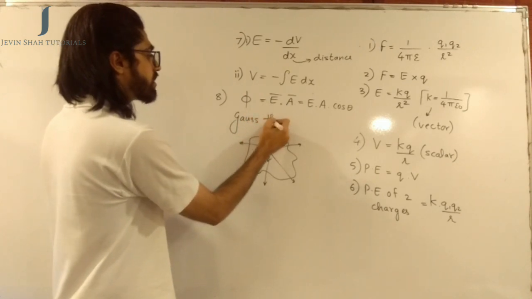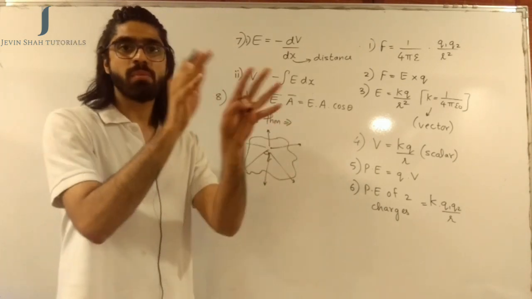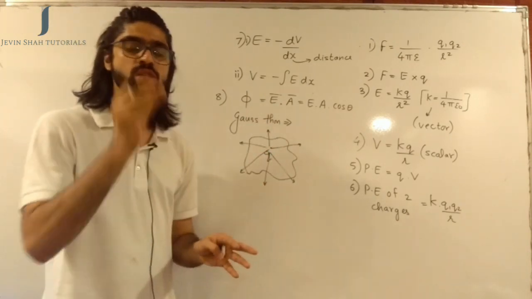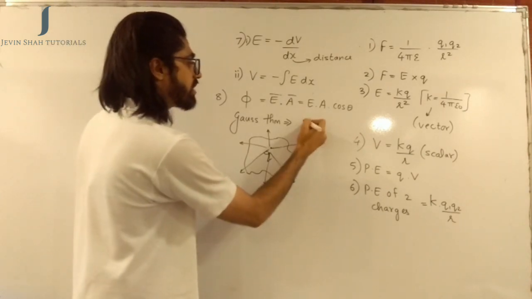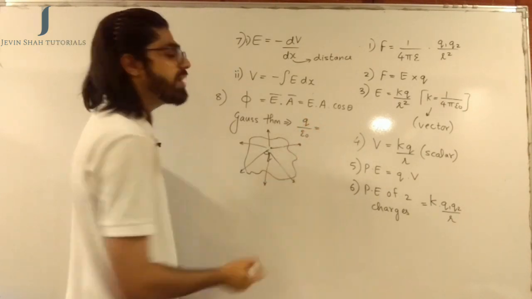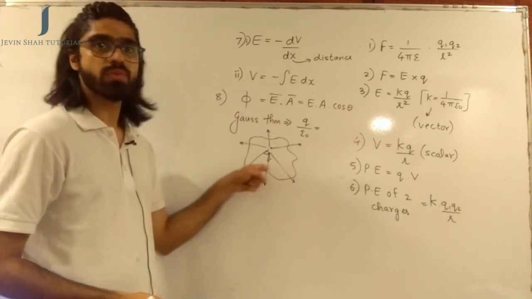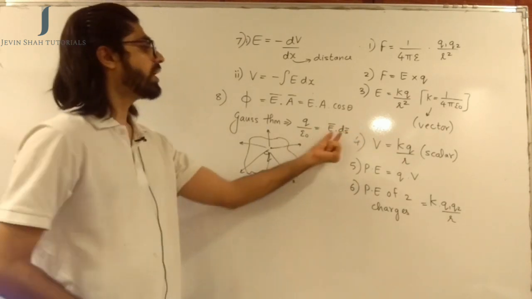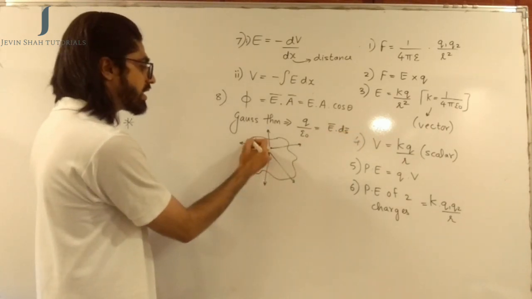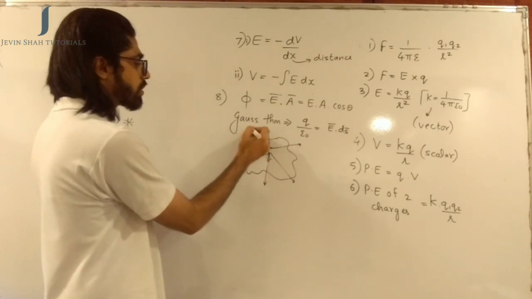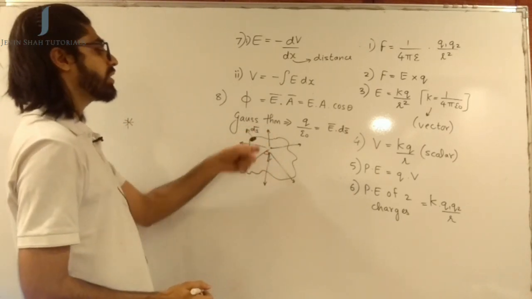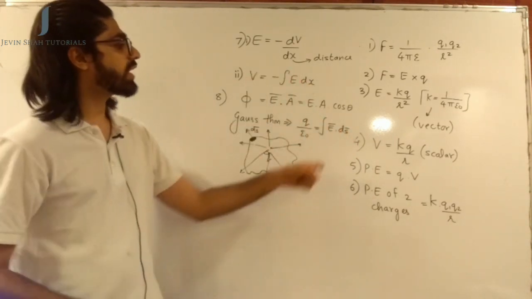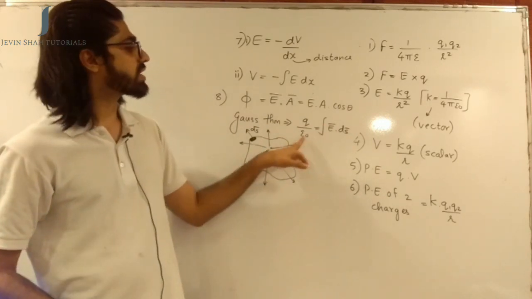So I said the Gauss theorem tells you that if you draw an imaginary closed surface, then whatever charge that imaginary closed surface is going to enclose, that charge enclosed divided by epsilon naught will be equal to the total flux coming out of the surface. The total flux coming out of the surface can be written as E bar dot ds bar, where ds bar is a small area. Let's say this area is ds bar. So the flux coming through ds bar is E bar dot ds bar, and I want the total flux through the entire surface, which we can get by integrating this.